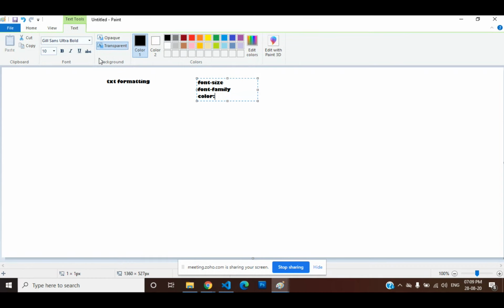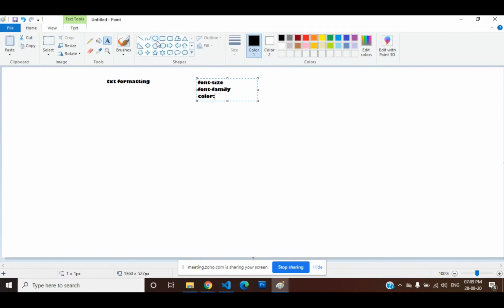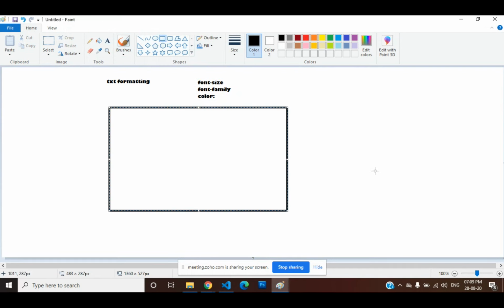You must draw a table here. On the left side, the heading must be attribute.